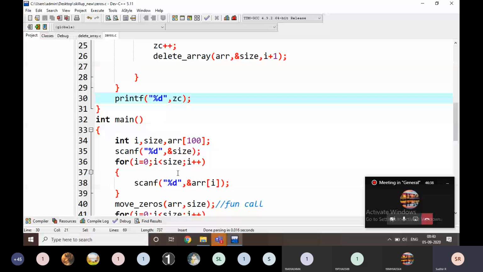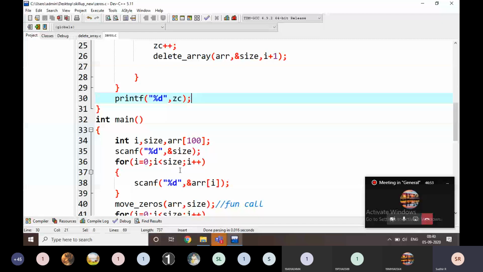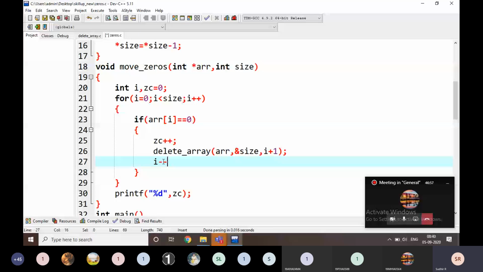It is going to include 6 1 0 2 0 0. Okay, sorry for that. It is going to be i--. I think I deleted something.